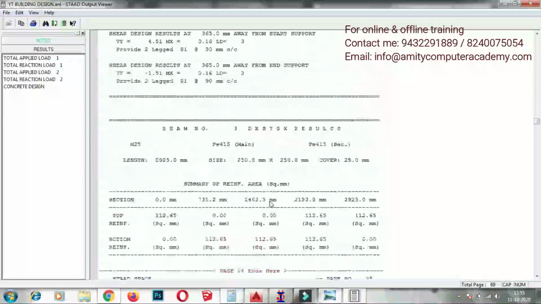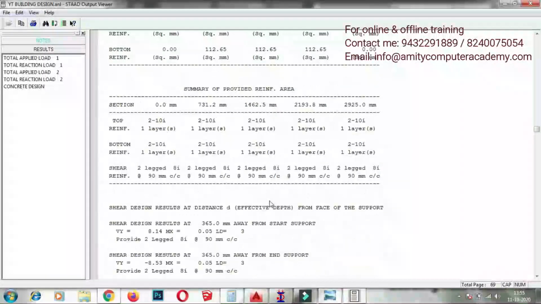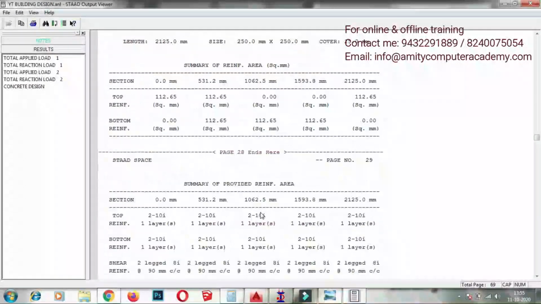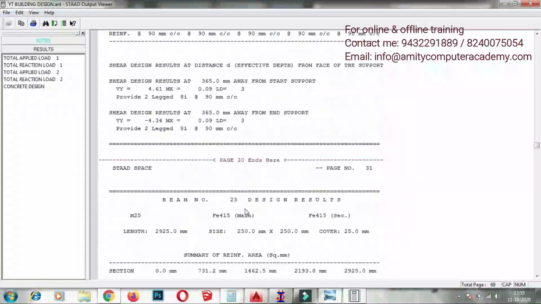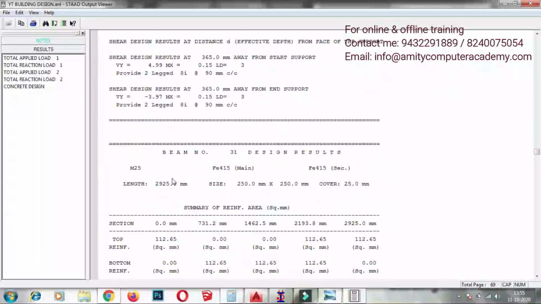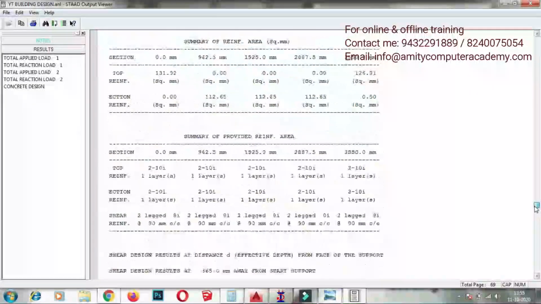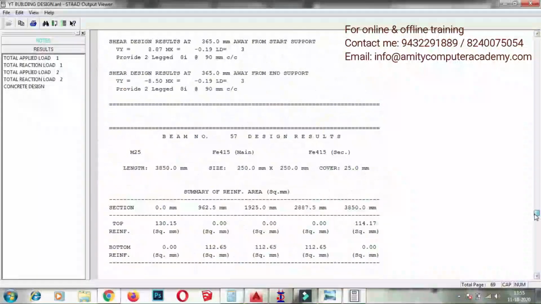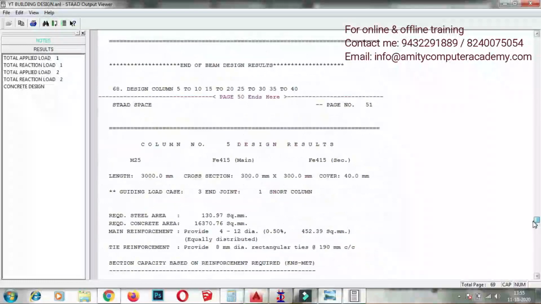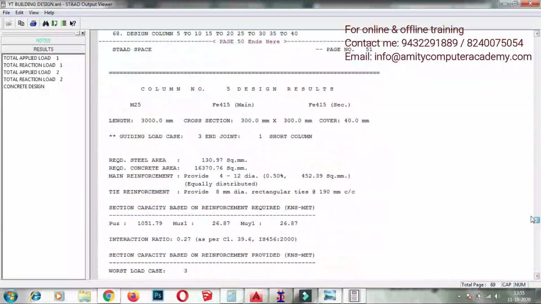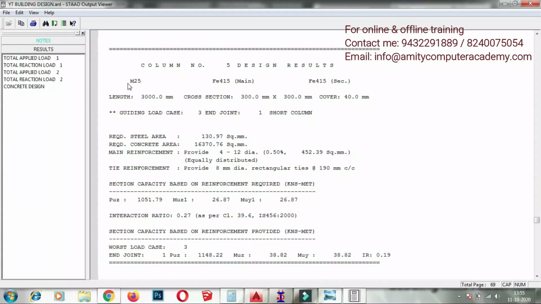Similarly, if you scroll down, you will get to see the column designing also. So I'm just scrolling down. Here you can see that this is column number 5, and again it's showing that M25 was used, Fe415 for main and secondary bar.